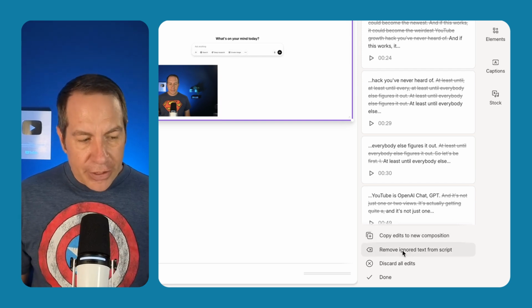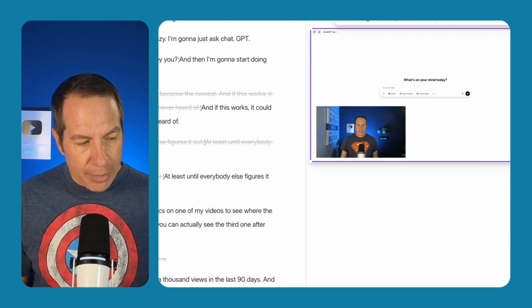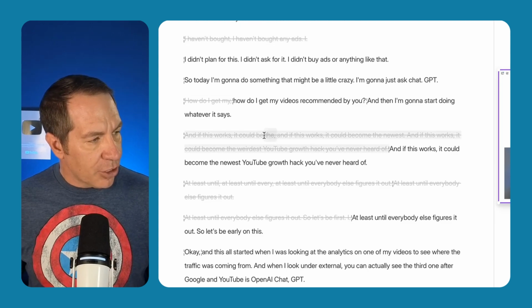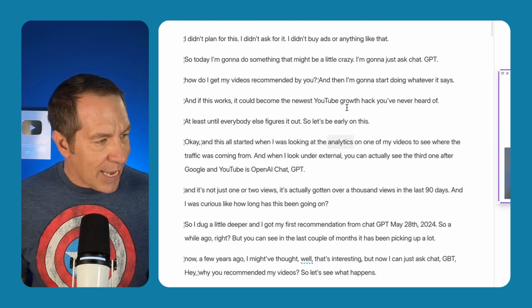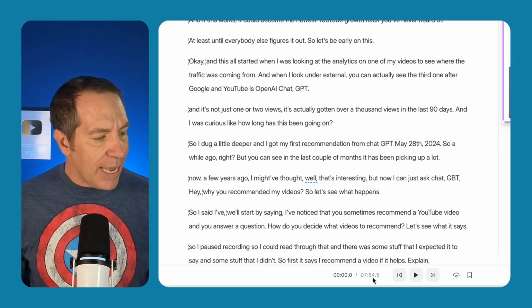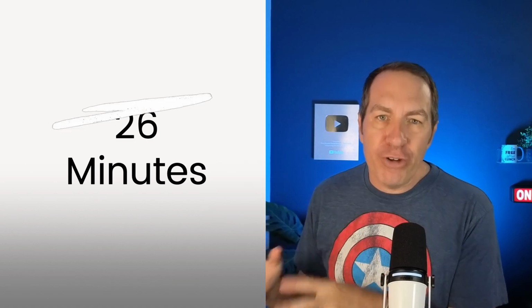But I actually have done this so many times and it works well. I just come down and say remove ignored text from script. You can see over here on the left, the stuff it took out is now crossed out. So I click that button, again, less than 1 second, and now we've gone from about 10 minutes down to under 8 minutes. Now I went a little slower so I could show you how that works, but I literally went from 26 minutes of footage down to less than 8 minutes of footage